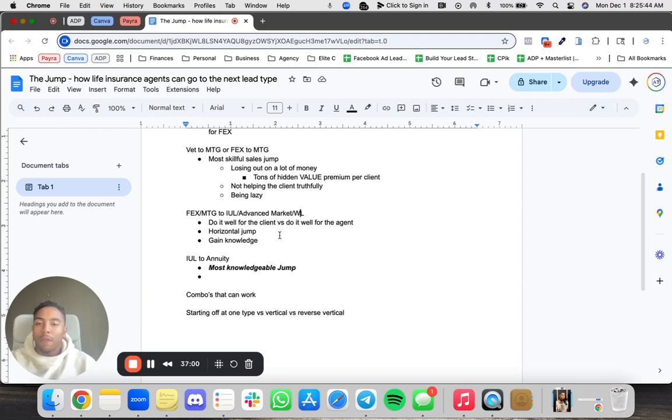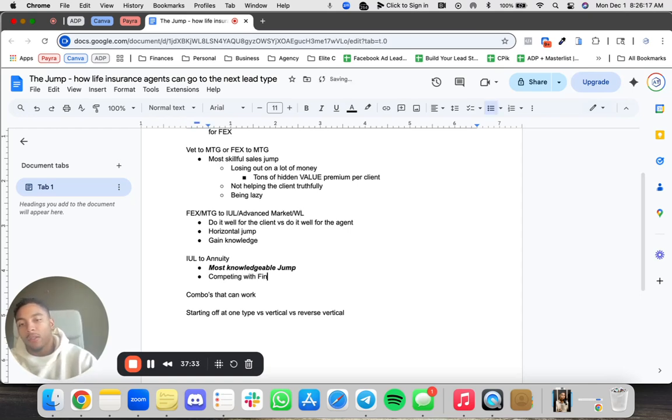IUL to annuity or filing expense to some level of advanced market, to true annuity, is the most knowledgeable jump. I broke this down with Scotty. This could take you up to a year sometimes of consistent work, unless you have mentorship and guidance. If you're doing it on your own, you need to understand how to properly set up and structure an annuity. But bigger than that, you are competing